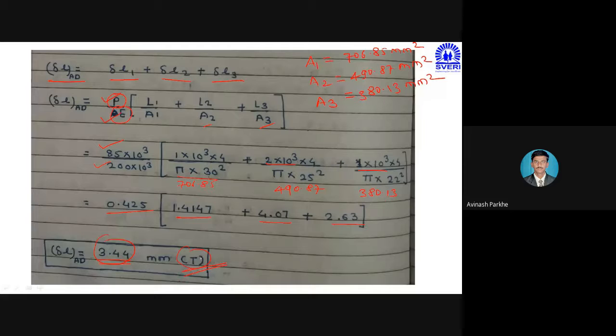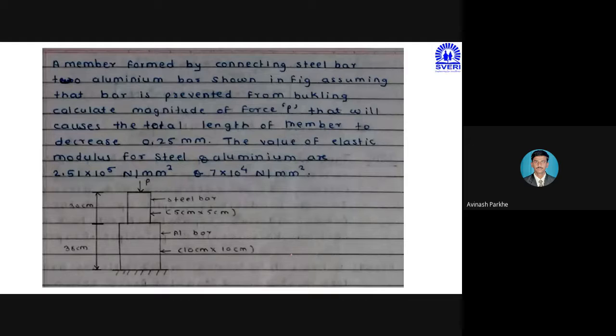If that body is subjected to a compressive load, again we have to make the addition, that is total deformation is equal to delta L1 plus delta L2 plus delta L3, but whatever final answer you get represents the decrease in length. So in bracket you have to represent it by capital C, meaning that capital C represents the decrease in length of that particular bar. Therefore, this is problem number 2 we discussed in the last lecture.